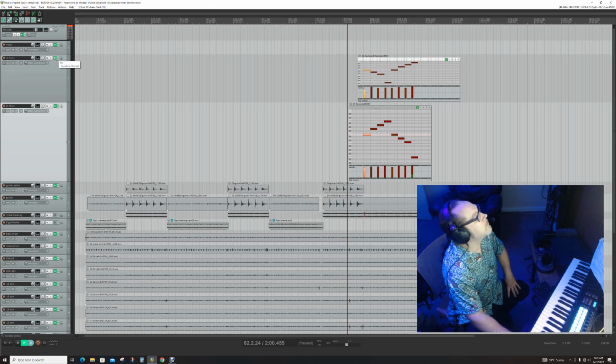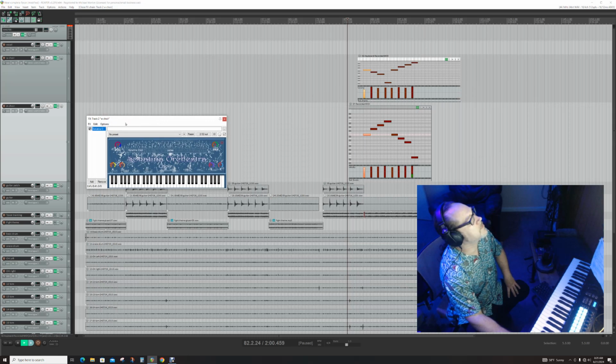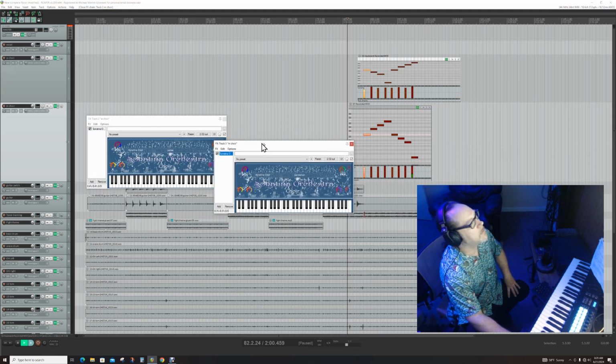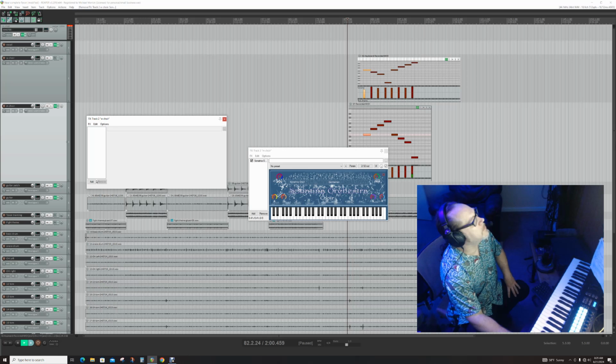So let's go to effects here. Right now, Sonatina Orchestra is on here. Let's bring up the other one. That's track 2, so this will be track 3. Both of these are using Sonatina Orchestra right now. So what we're going to do is remove it, and then add